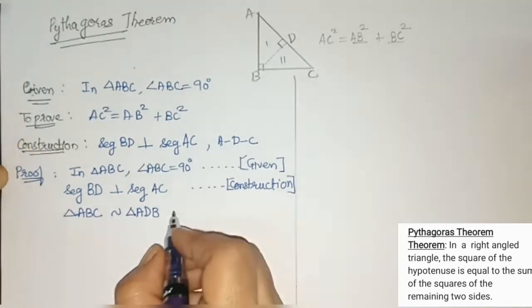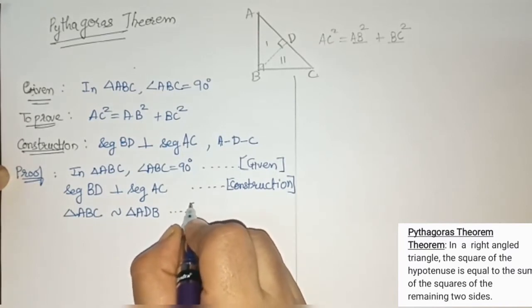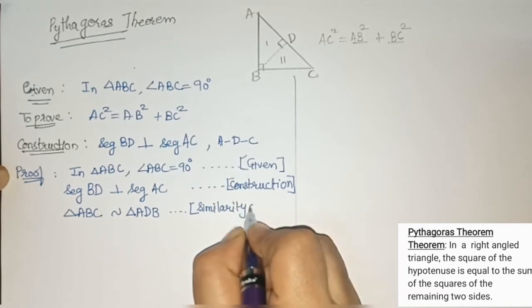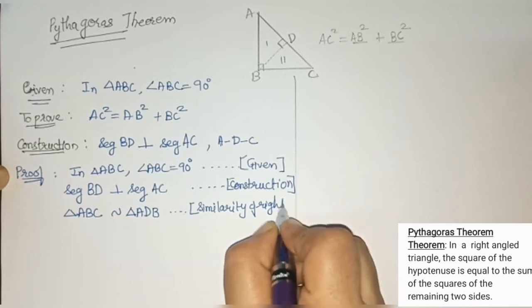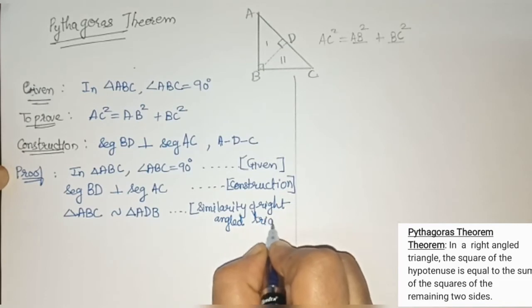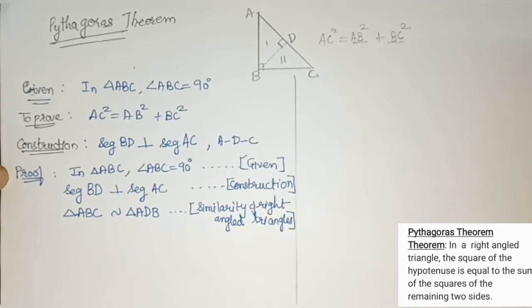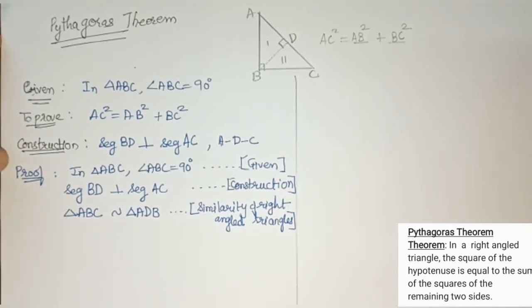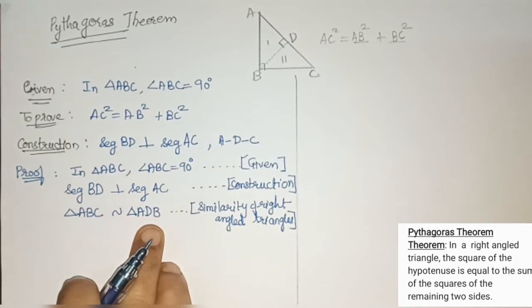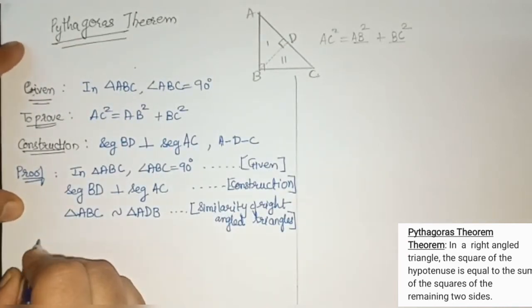What is the reason over here? We have proved this in similarity of right angled triangles. Now, what happens due to similarity? Because of similarity of triangles, we get the ratio of corresponding sides equal. If the triangles are similar, the ratio of the corresponding sides are equal, and therefore,